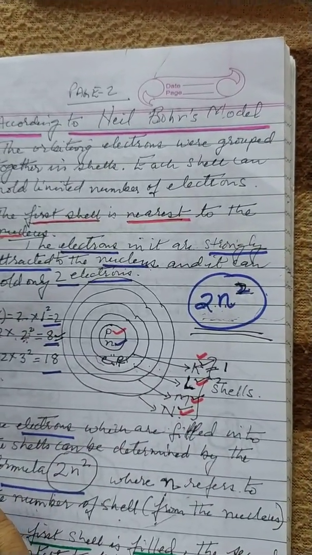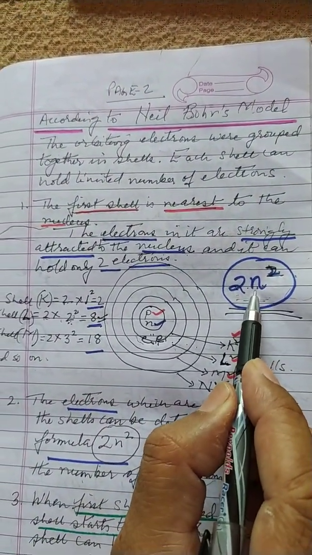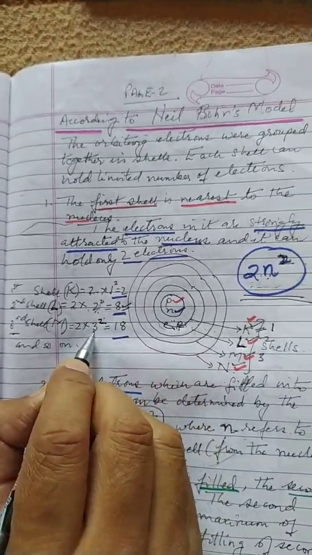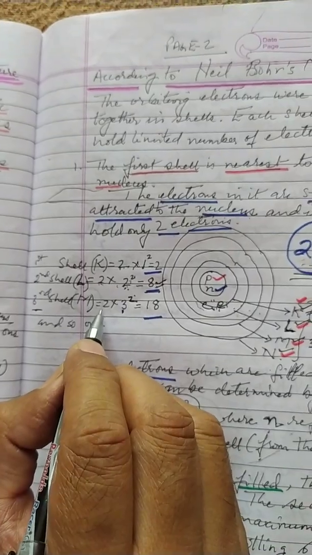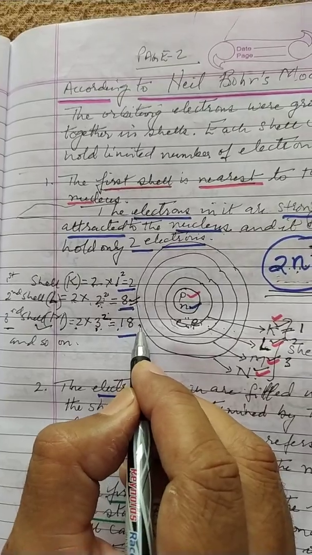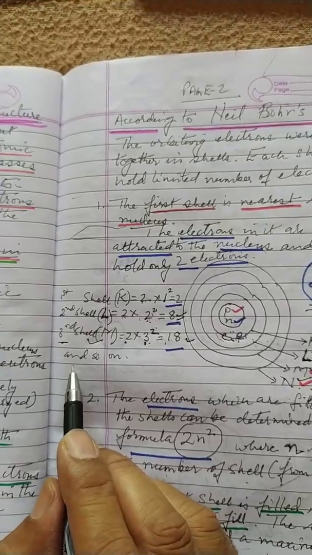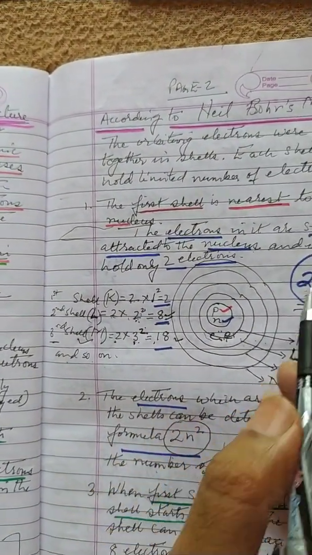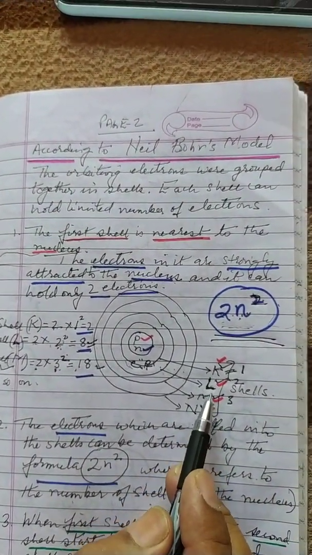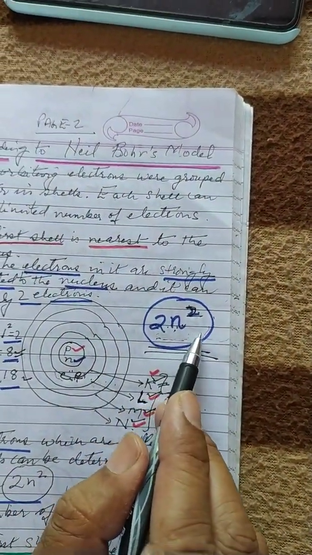Likewise, let us come to the third shell. The third shell M is put in place of n. So we have 3 3s are 9, and 9 multiplied by 2 gives 18. So shell M can contain a maximum of 18 electrons. We can go on and on calculating with this formula how many electrons each of the shells K, L, M, N, first, second, third, fourth, and so on can contain.